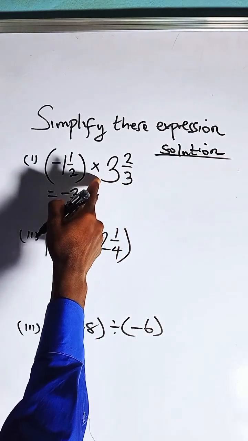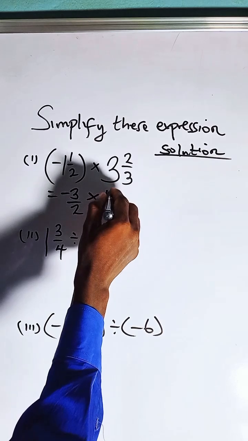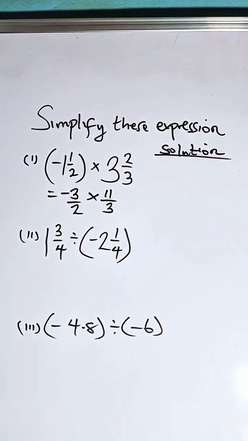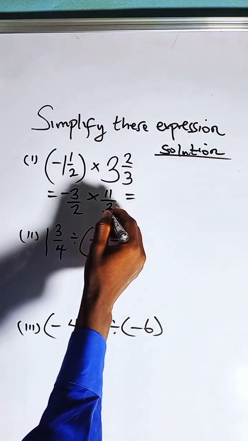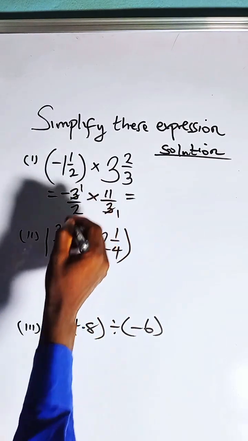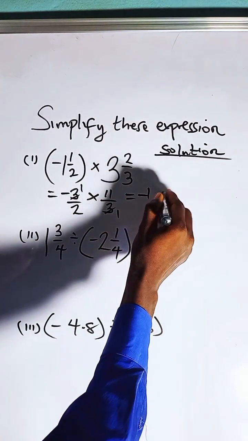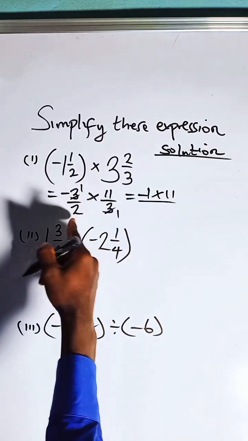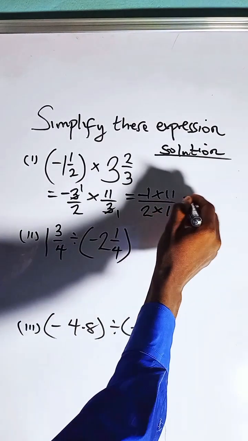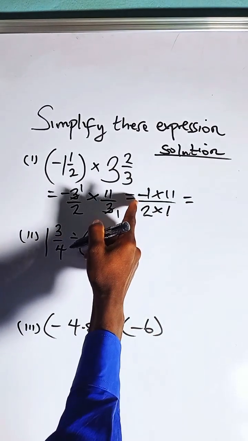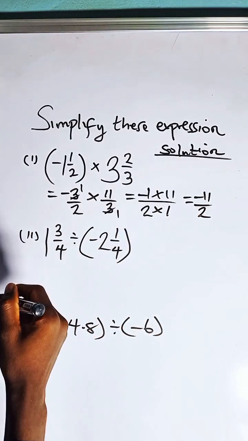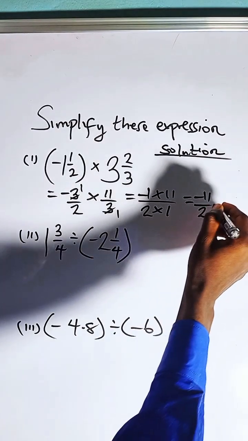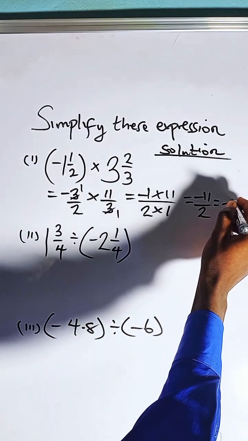For 3 times 3 is 9, 9 plus 2, that is 11 over 3. Okay, so from here we look for what we can simplify. The 3 here becomes 1, the 3 here becomes 1, so minus 1 times 11 over 2 times 1. For this we have minus 11 over 2, or we have it in the form of a decimal, which is minus